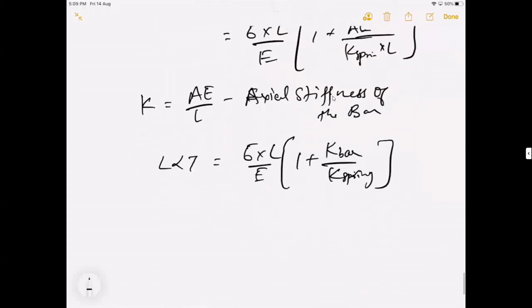If you arrange everything, sigma will come out to be E alpha T divided by 1 plus K bar